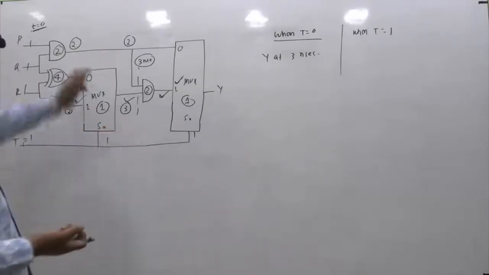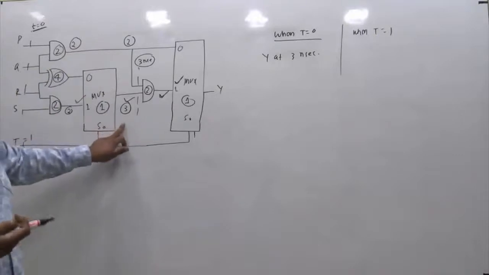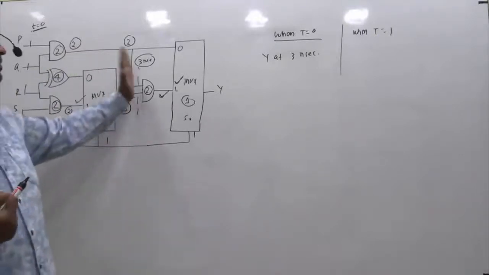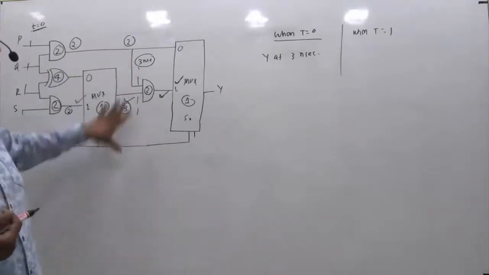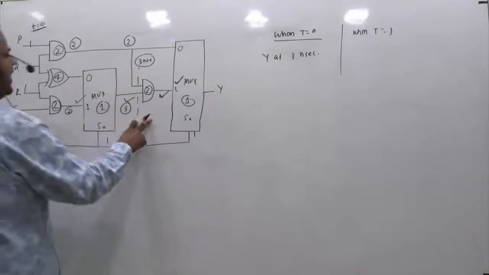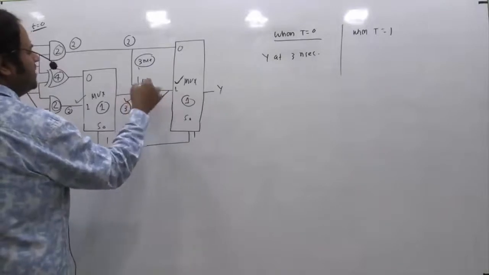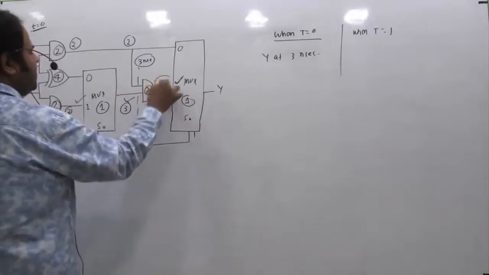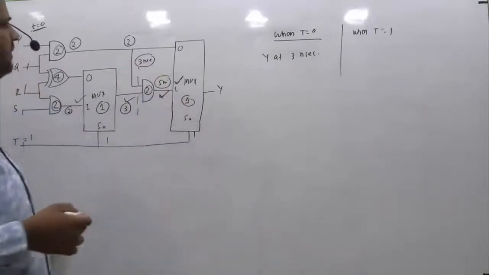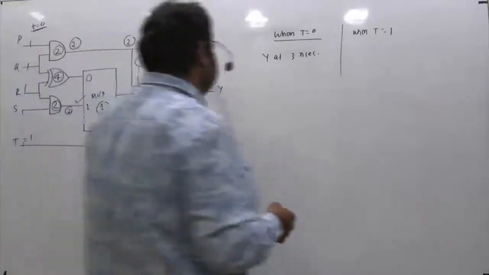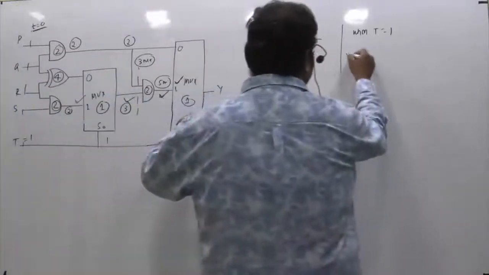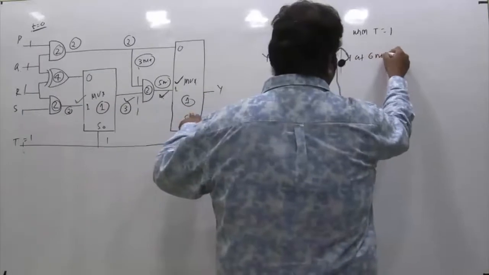So this is available at 2 and this is coming at 3. So you should think at 3 nanoseconds both inputs are available. So at 3 nanoseconds the inputs to the AND gate are available and its own delay is 2 nanoseconds. So at what time will we be getting this? 3 plus 2, that becomes 5 nanoseconds. So you'll get this at 5 nanoseconds. At 5 nanoseconds we are getting this and its own delay is 1 nanosecond. So in this case you will get y at 6 nanoseconds.